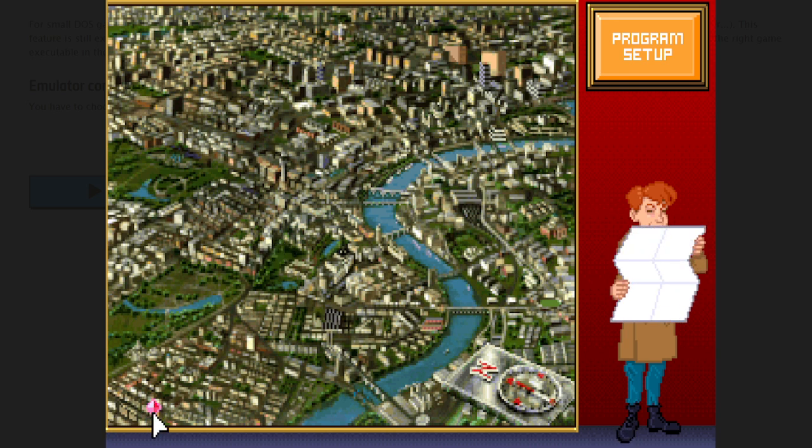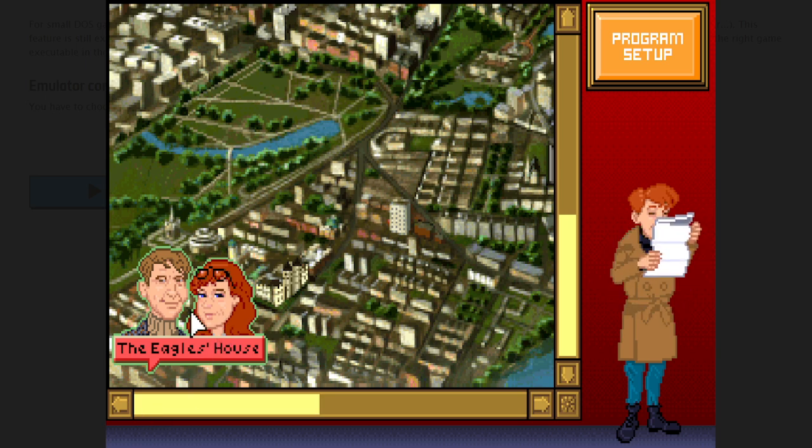And the game did come with a poster that was on our wall for years. I showed you that a little while ago. Yeah. So we're going to start by going to the Eagle's house. And you're going to meet your first couple English characters that you're going to read for. All right.